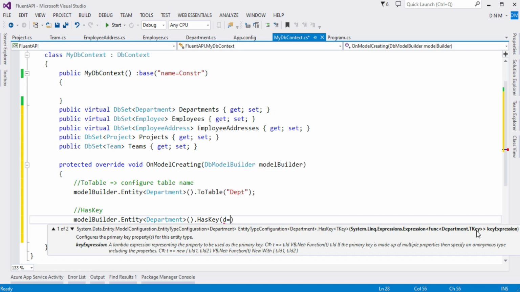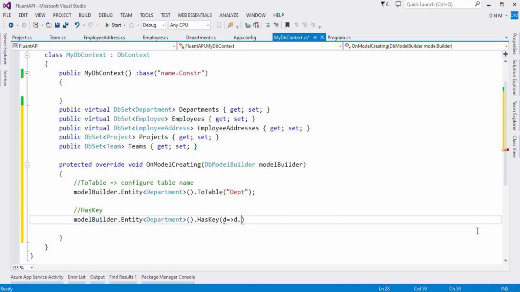Then our lambda expression syntax, d goes to d dot DepartmentID. So you should be aware of lambda expressions if you are using Fluent API. And in my LINQ video tutorial, I explained lambda expressions in detail. So if you are not aware of that part, please watch that video. Okay, so we're done with this part. We configured the table name, and we set the primary key also.